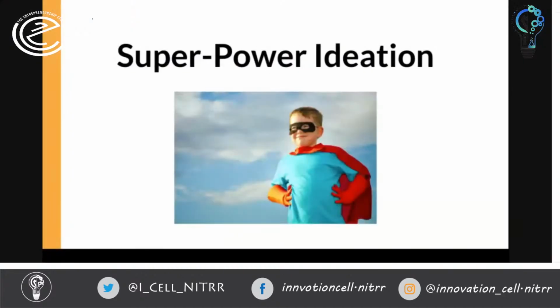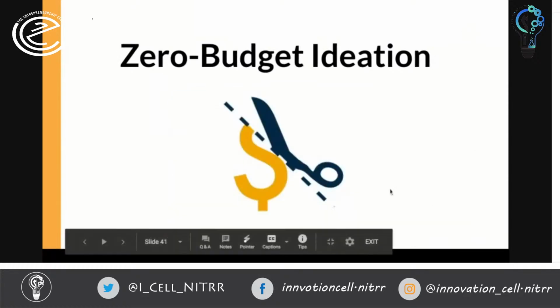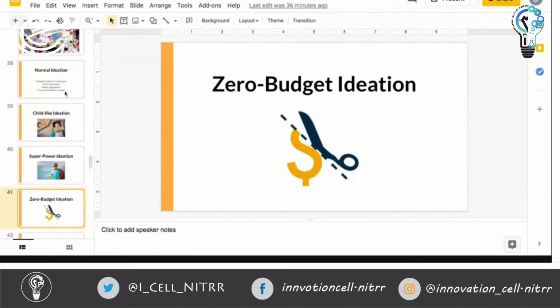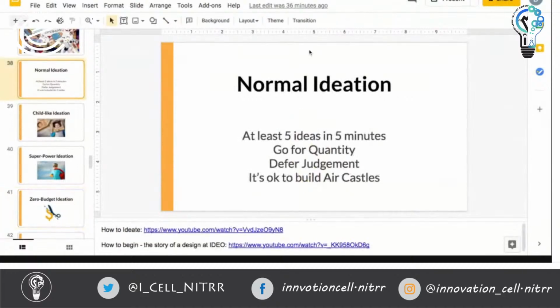And after this, you go on to something which is called, one second, I think I forgot to put the slide over here, but it is unlimited budget ideation, where you can have any amount of money and resources at your disposal, and you can do anything with those resources. And that is where typically you put in all your wacky, crazy ideas, getting people airlifted, flying to do something. So it's also a very, very interesting prompt.